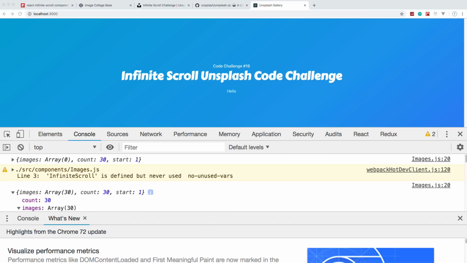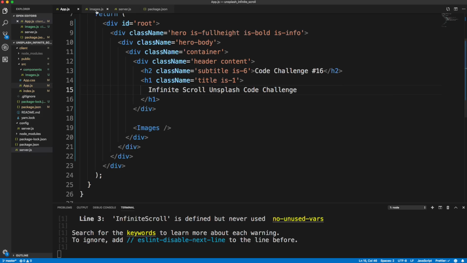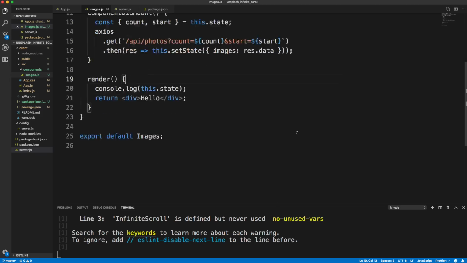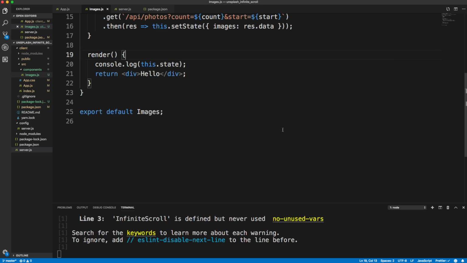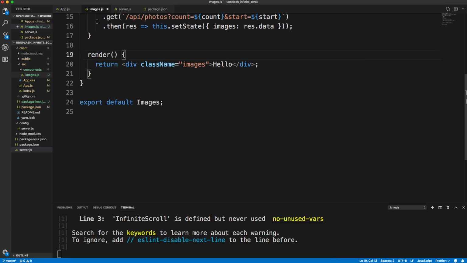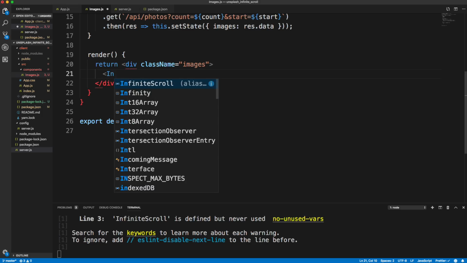So the next thing we want to do is output these on the screen, because right now it just says hello. So in our Images component in the render, let's create a className of images, because remember we have that style in our app.css, and then inside here we want to put the images, but we want to wrap it in the InfiniteScroll. So this is where we use that. So we're going to say InfiniteScroll,